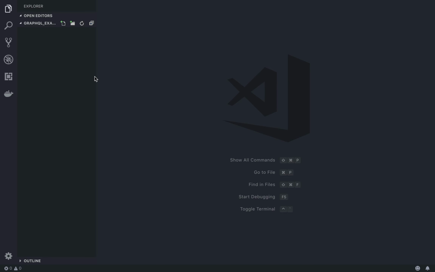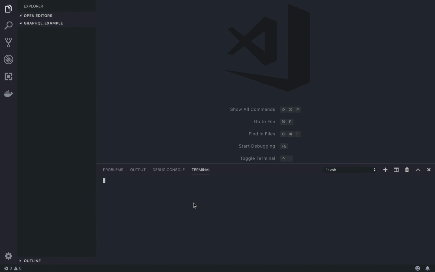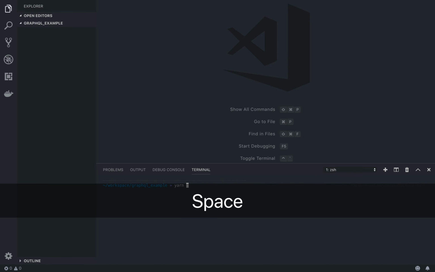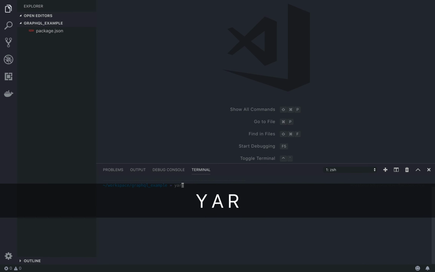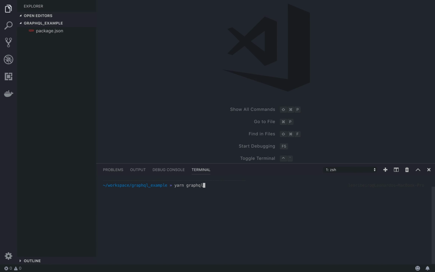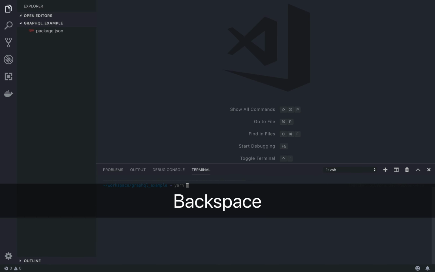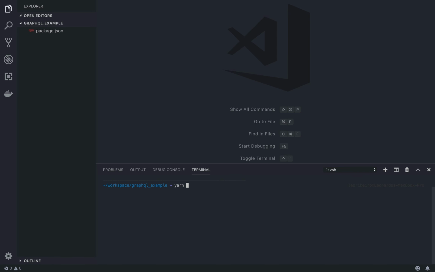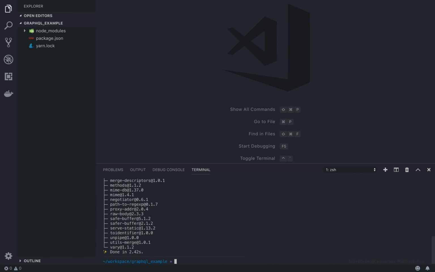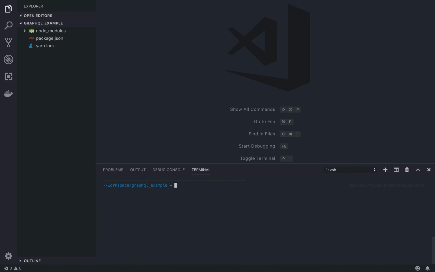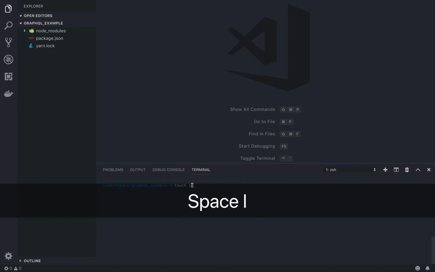Okay, so what we're going to do is start the internal terminal and run yarn init. Then we start by installing GraphQL and express-graphql, sorry. And yeah, it's installed. So now we're going to create a new file, touch index.js,